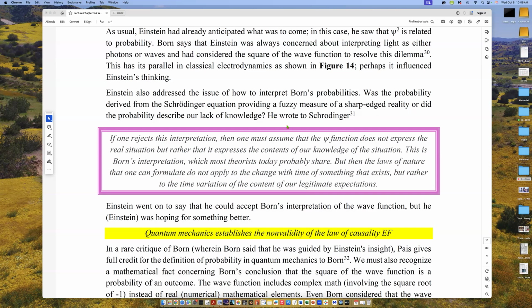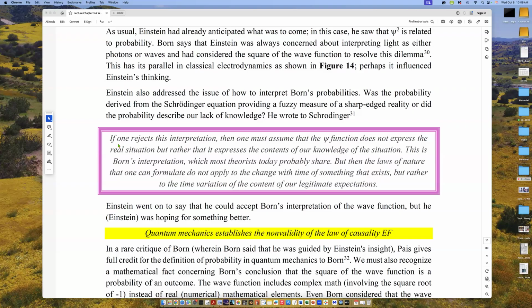Yes, this is Einstein writing to Schrodinger. And let me remind you, a lot of times it's said that Einstein did not understand quantum mechanics, and that he became an embittered old man because of this. It couldn't be farther from the truth. He understood it better than anyone, and he kept asking probing questions about why we should believe that quantum mechanics is a complete theory, since it has these controversial elements that we can't explain.